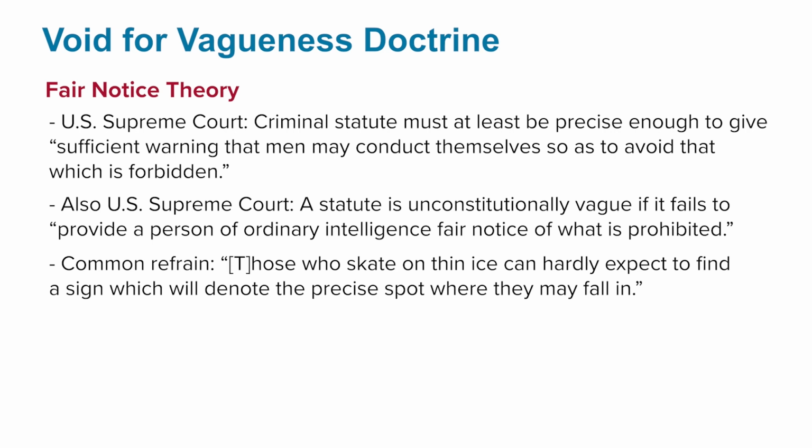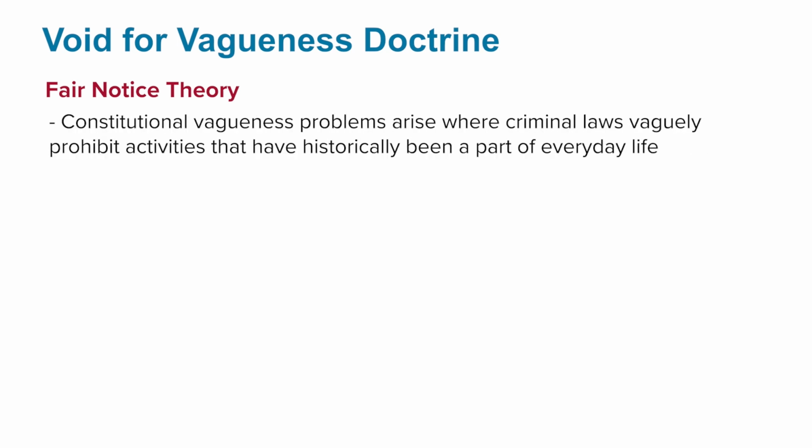Terms like these implicate guilty mental states that well-intending actors are unlikely to skate close to. And all due process requires is for a statute to be clear enough to alert someone who is trying to obey the law to the fact that they're coming close to violating it. That's why constitutional vagueness problems have arisen where criminal laws vaguely prohibit activities that have historically been a part of